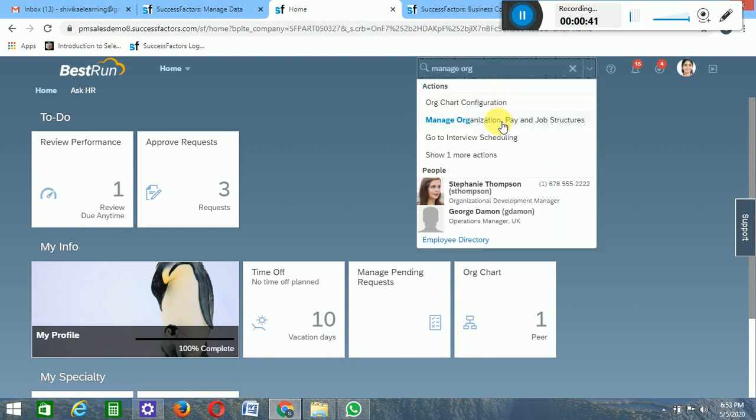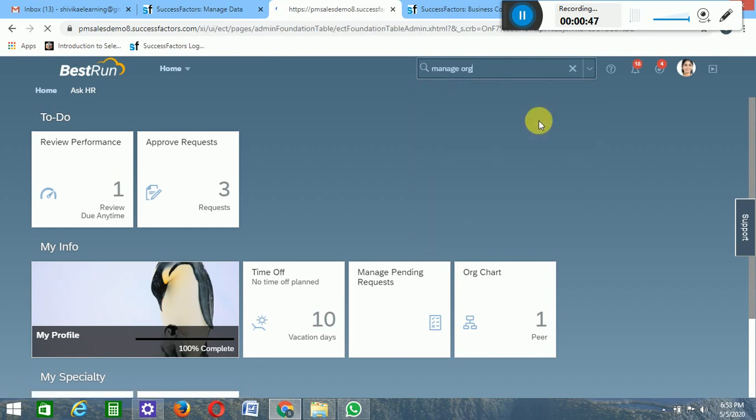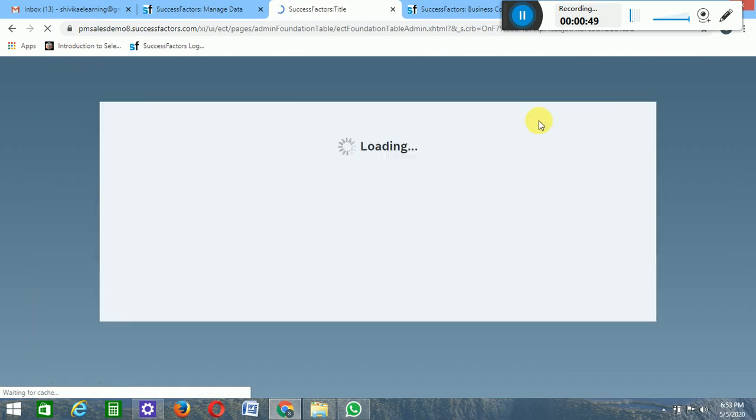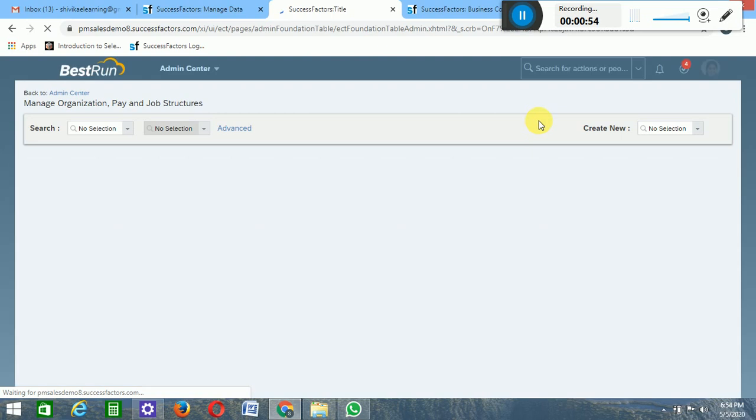This is the transaction code: manage organization, pay and job structure. So here, when we are creating a new, let's check workflow.